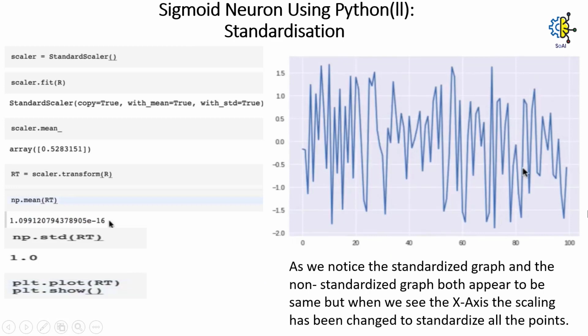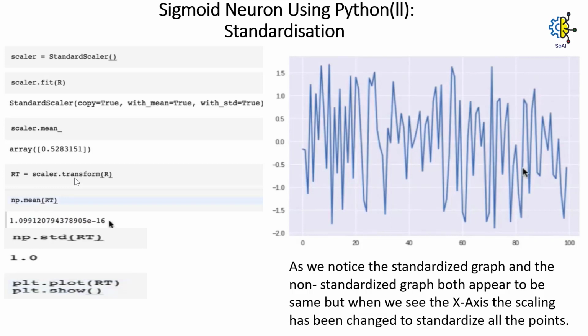Here, scaler is equal to StandardScaler function. scaler.fit function with R. StandardScaler function with copy equal to True, with_mean equal to True, and with_std equal to True. scaler.mean_ array, it will return this, and when we write rt is equal to scaler.transform function